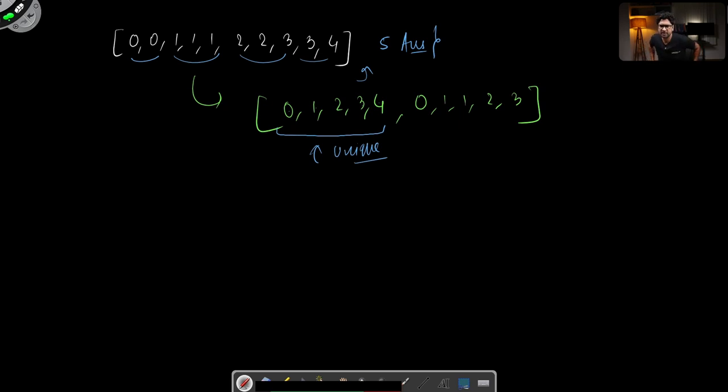So now what I need to do is find a logic to solve it. So how do I solve it? Let's take this example itself. Let's start with the first example, which says 0, 0, 1, 1, 1, 2, 2, 3, 3 and 4. Now, if I know that this will be sorted,